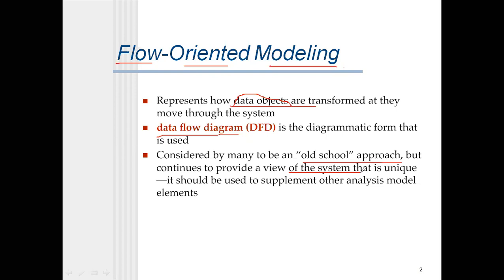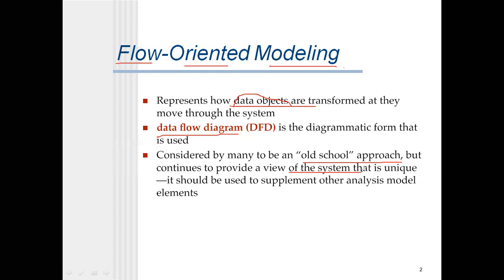It's the oldest methodology, even though in many designs or modelings these data flow diagrams are also used, and also they are suitable for many kinds of projects. It will show a unique way of representation.